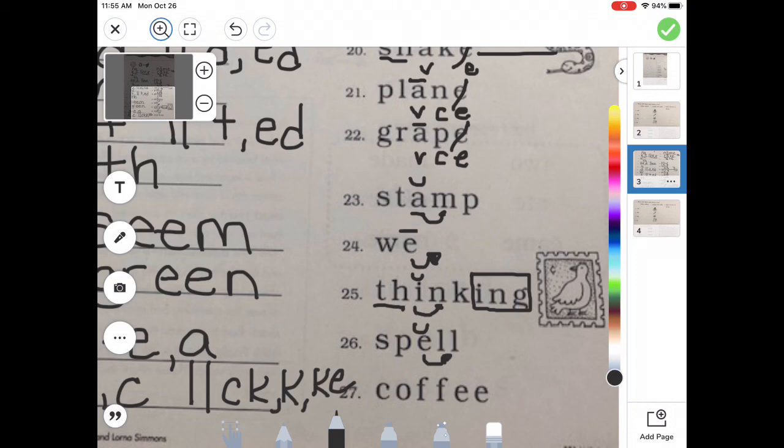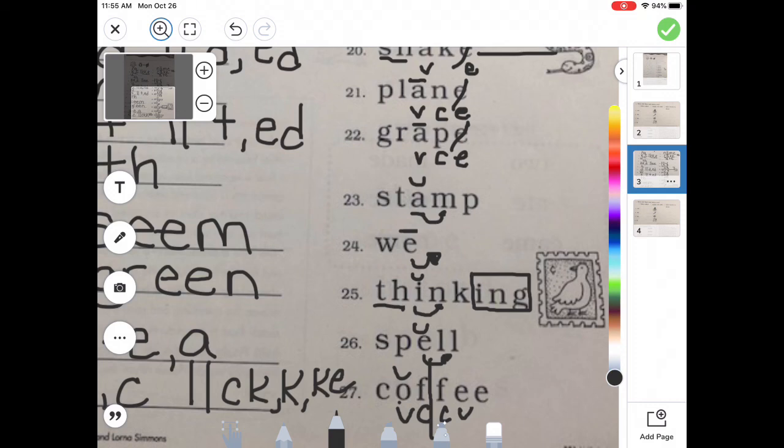And then on number 27, what do you notice? Well, I've got several vowels in here. So first I have to figure out where my vowels are. I have a vowel here, and I have a vowel team there. So look, I've got two consonants behind it. So where am I going to break that word apart at? Right down the middle. And so now I have an O in front of an F, so it's going to be short. So I've got k, off, cough,